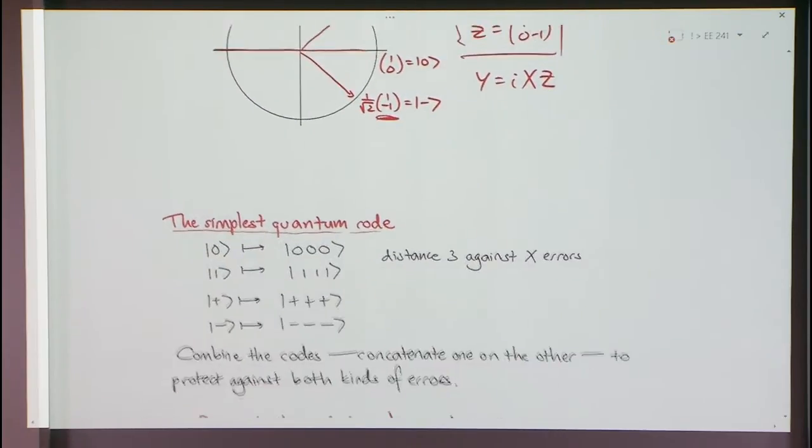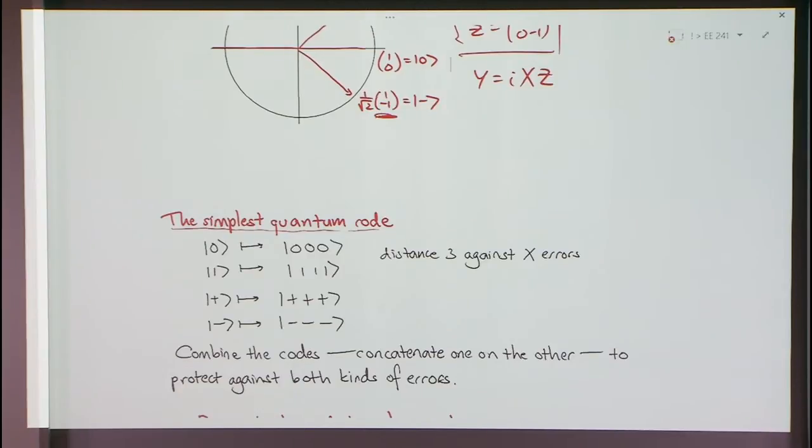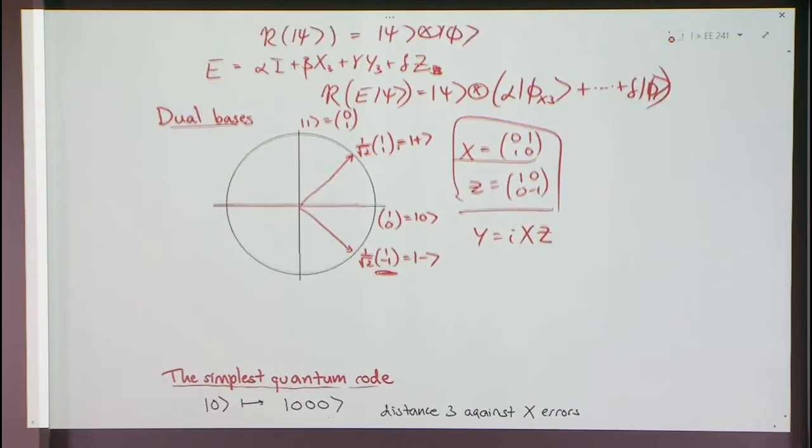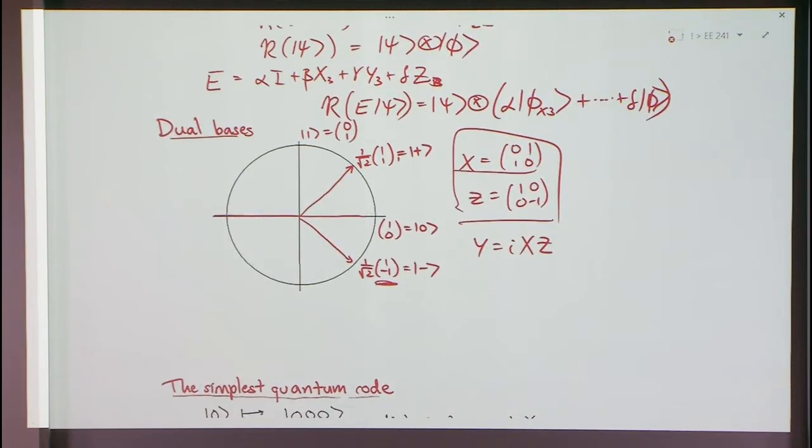All right, so with this background, we can actually give a simple quantum error correcting code. Yeah, just go over that last point again. It's not clear why it is clear that if you can correct for an X and a Z, you can correct Y. Is it true in general?